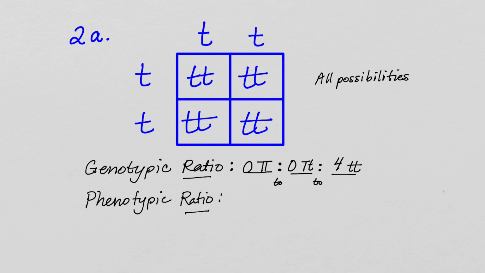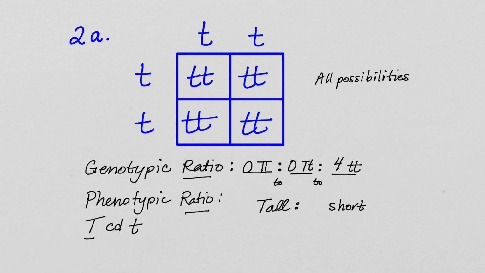We're going to do the same thing for our phenotypes. So we're dealing with simple Mendelian inheritance, so that means we have one allele, in this case the tall allele, that is completely dominant to our recessive allele. So anytime we have one copy of our dominant allele, we are going to see the associated phenotype of tall. And when we have 2 copies of our recessive allele, we're going to see the associated phenotype, not genotype here,